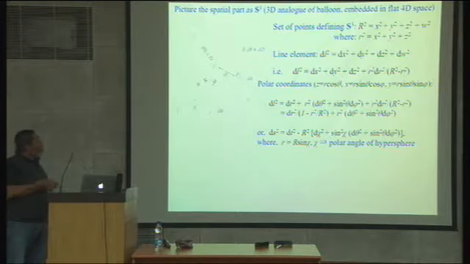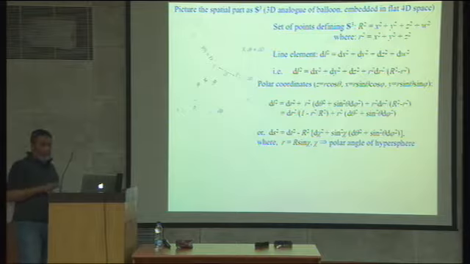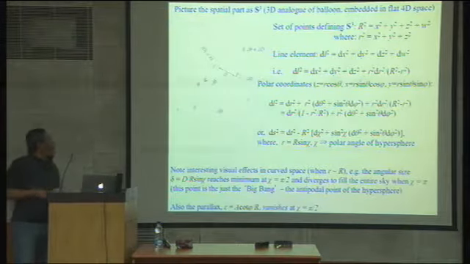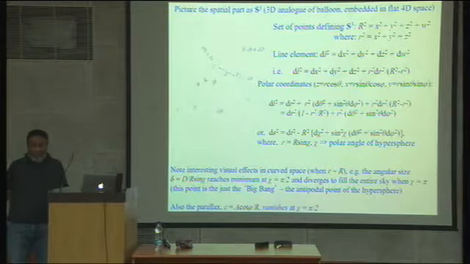So now I'm beginning to get a line element which, if I write it in terms of polar coordinates, looks like that, right? It looks superficially like a Minkowski metric, but with a difference. This chi is the polar angle of the hypersphere. Okay. So already this metric, which is the embedding of a three-dimensional sphere in four spatial dimensions, has very interesting